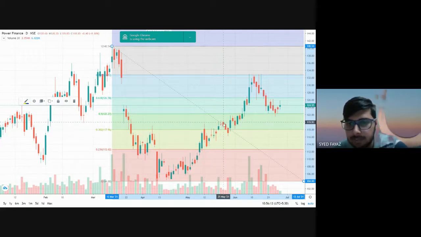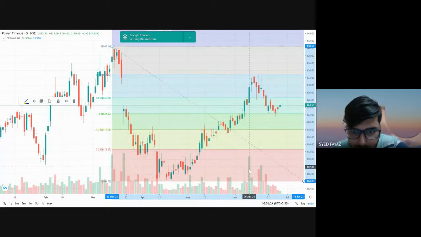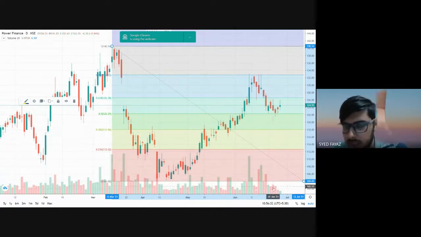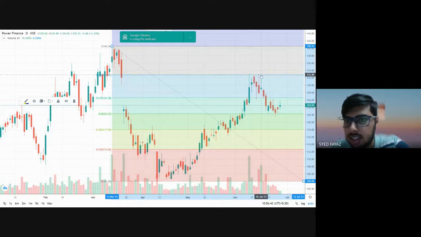But after some time it was able to again break this resistance level. After that it again came down for some time, to the same level. As you can see, it did not go below that level. If it would have gone below this level, then it would have again come down to the zero level, from where again it would have started, or it might again go down. So it didn't happen that way. It again went up, and again it broke the 0.5 level. It again broke the 0.618 level, but again it has struggled at the 0.7 level.